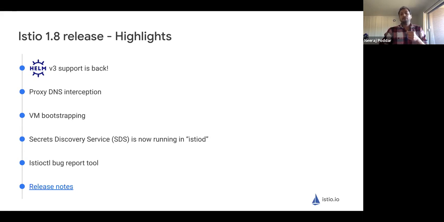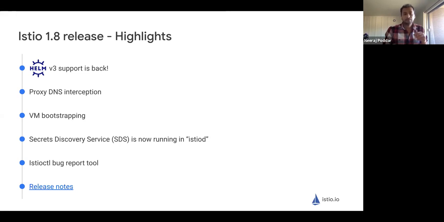From the user perspective, it does not change any behaviors in your system, but it just makes it more secure. The next improvement, which I'm also really excited about, is the istioctl bug report tool. Many of our users who file issues in Istio, or ask for help in Discuss and Slack, we often see that our developers need to have a bunch of back and forth to get all the information before they can actually help them.